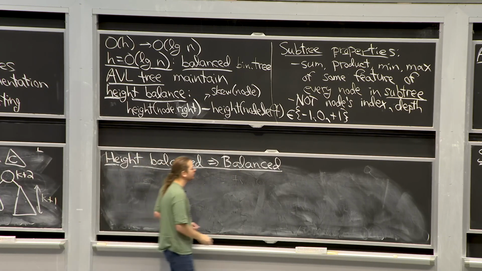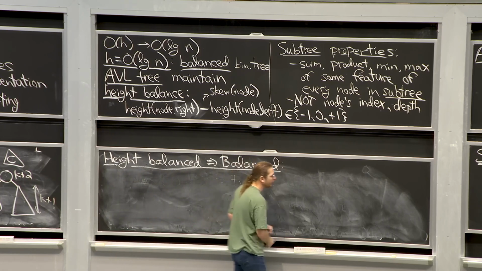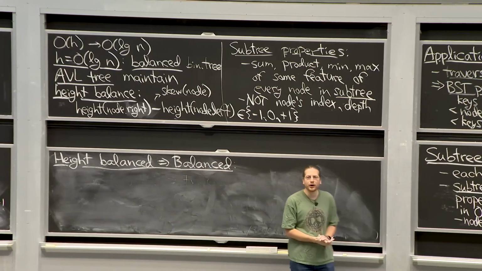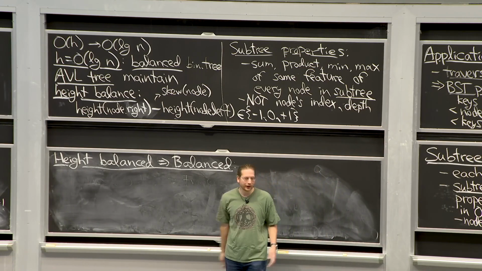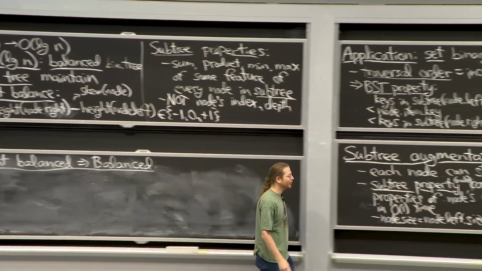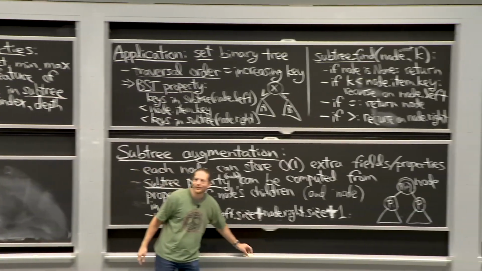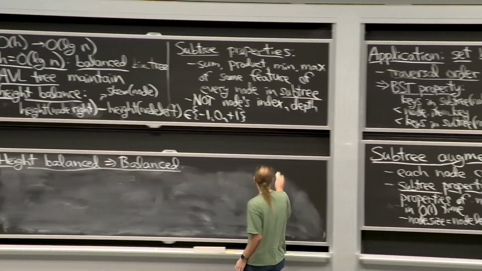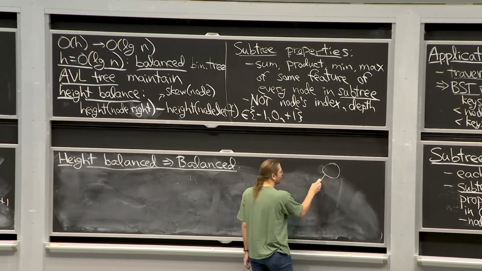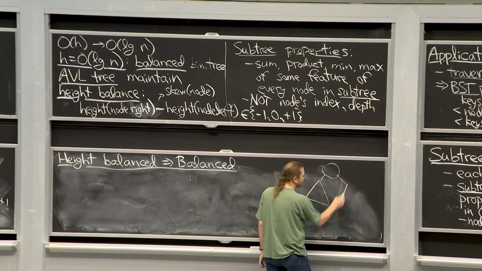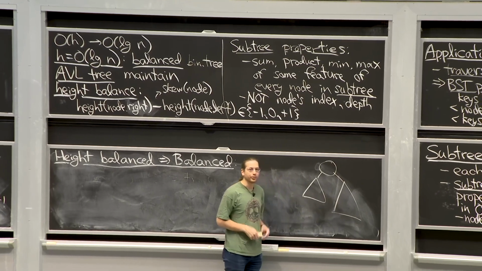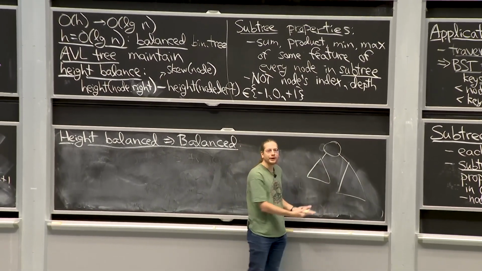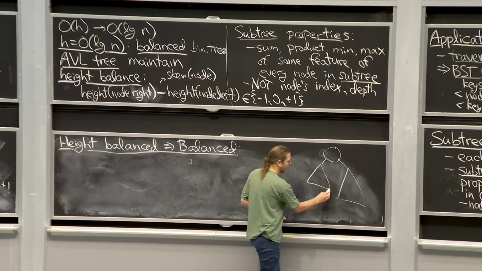So what this is saying is that all height balanced trees have logarithmic height. So what I'd like to think about is sort of the least balanced height balanced tree. The least balanced one is going to have at every node a mismatch. Let's say the left subtree is shallower than the right subtree by 1, and recursively all the way down. So every node has a gap here,